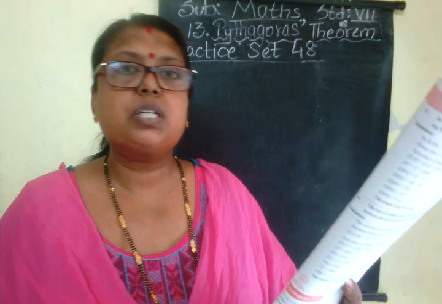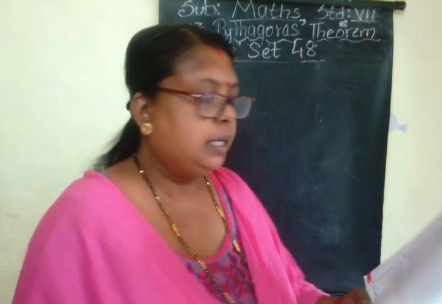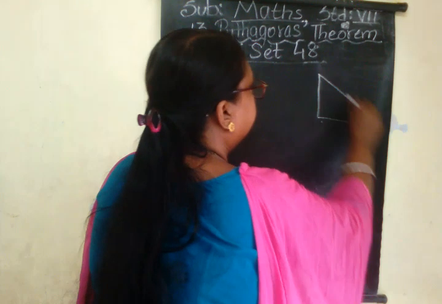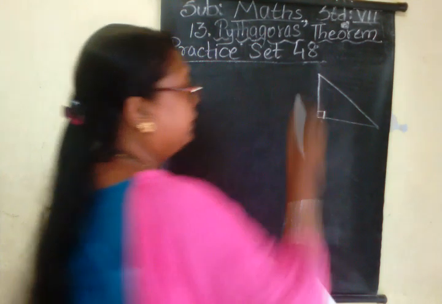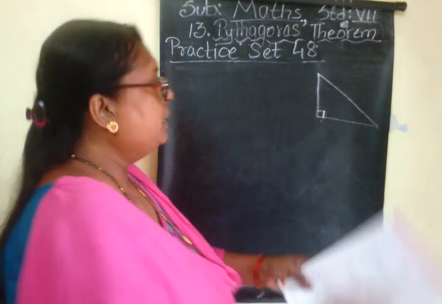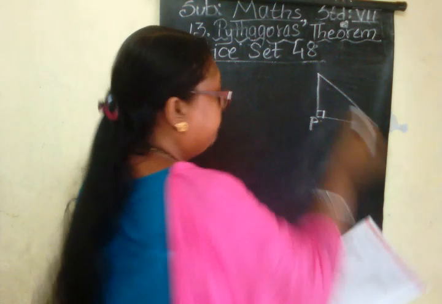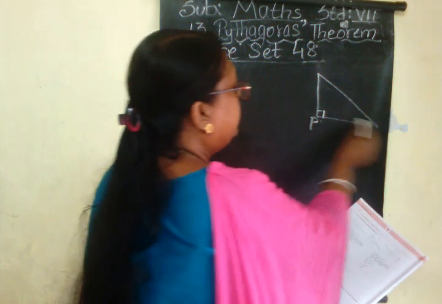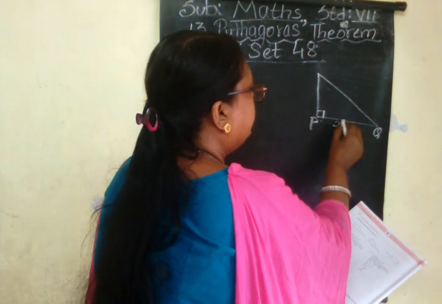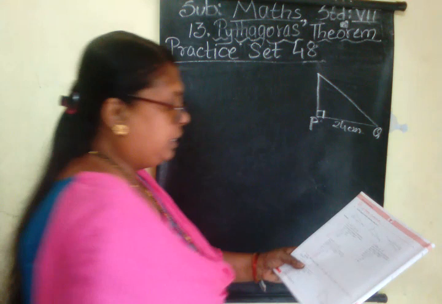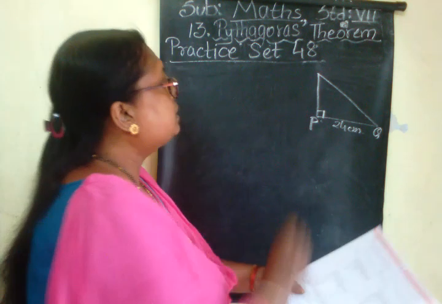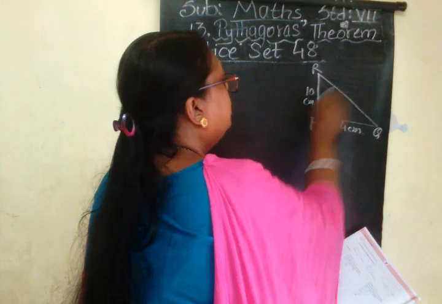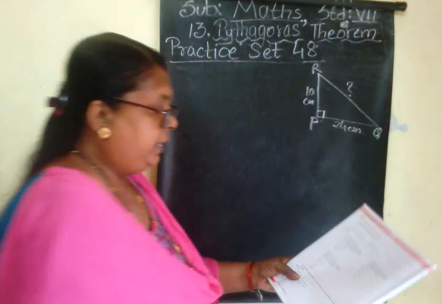Now as per given instruction, we will first draw the right angle triangle. Suppose here is our right angle. So in the question it is given P is 90 degrees, so I will write P here. Then they have given you PQ as 24 centimeter, so I will take PQ here as 24 centimeter, and length PR as 10 centimeter. You have to find out segment QR.